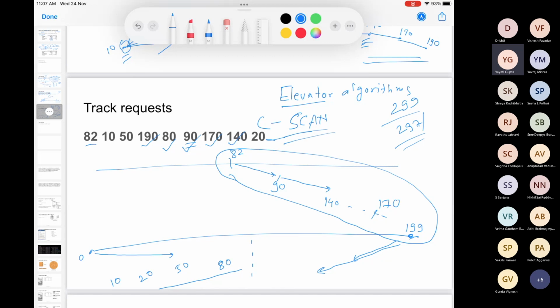And then there are again two very small variants to these, which are called the LOOK and the C-LOOK algorithm. Very, very similar to these. So your elevator algorithm will go all the way from 0 to the millionth track, come back from the millionth track to the 0th track, again go back, again come back. What your LOOK algorithm does is, it says do not go till the end.